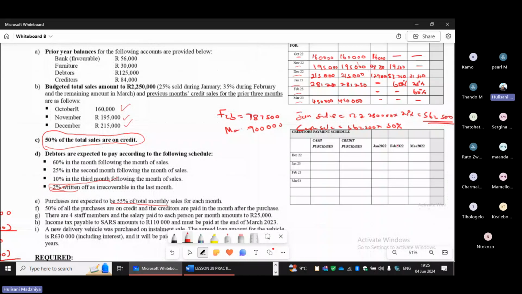Since it's only 1 month in arrears, the only one that we're going to collect is for December, because it's 1 month before January. Whatever we bought in December will therefore be paid in January. The rest will not be included, because the credit purchase of November was paid in December, and the credit purchase of October was paid in November. So when you calculate the cash purchase and the credit purchase, we are going to say that for December,